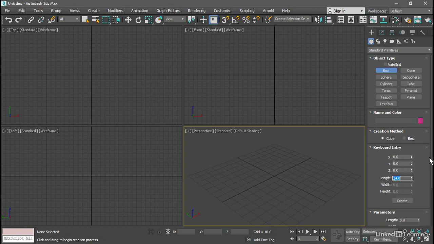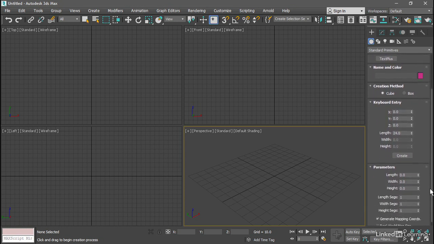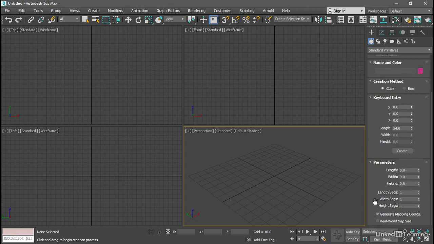If we scroll down a little bit, using the scroll bar on the right, we'll see there's a rollout labeled Parameters. And here we can specify some other attributes or properties, such as the number of segments. Those are the number of polygon faces in each of the 3 dimensions. If we want more detail on the primitive, we can increase these segments values. I'll select the length segments and type in a value of 12. Press Tab to go to the next field. Type in 12. Press Tab, type 12, and press Enter.